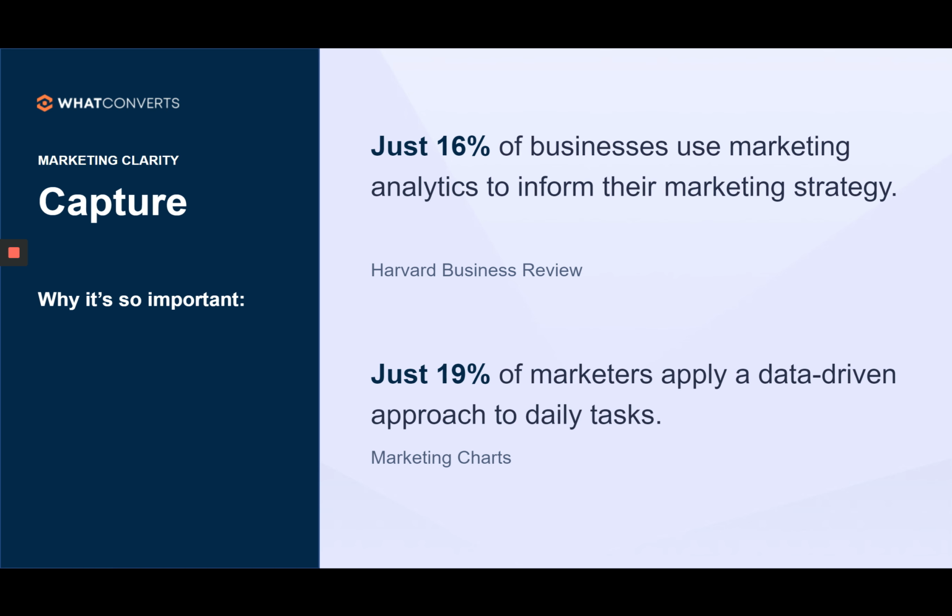Second statistic for you, just 19% of marketers apply a data-driven approach to daily tasks. So as a marketer, your daily tasks, maybe you're optimizing PPC ads or updating a website page or testing some different landing pages, or if you're doing lead gen, maybe you're sending out emails. You have to apply a data-driven approach to these daily tasks. You have to be tracking the data about which